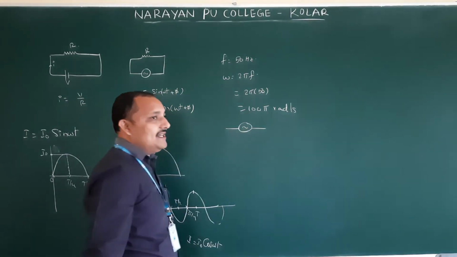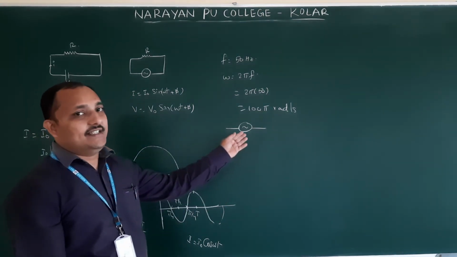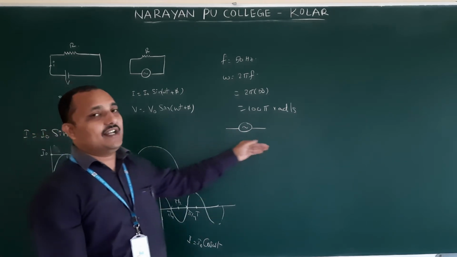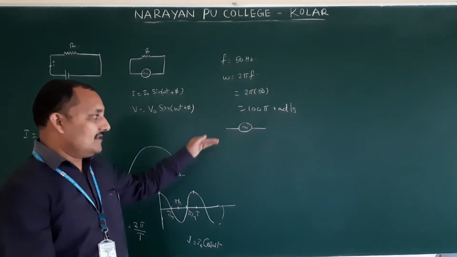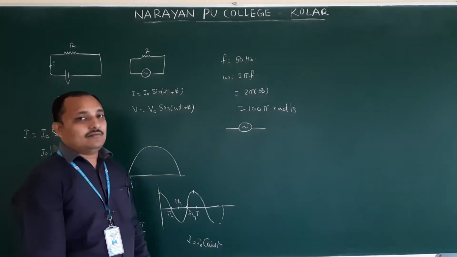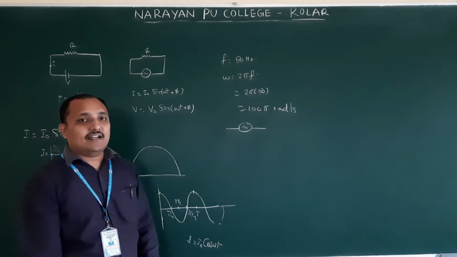They give one by one point. So in that, another very important point you should take: in DC, direct current, the direction does not change, the current passes in only one particular direction. But in alternating current, the direction of the current varies. Therefore we say it is altered, and so we call it alternating current.